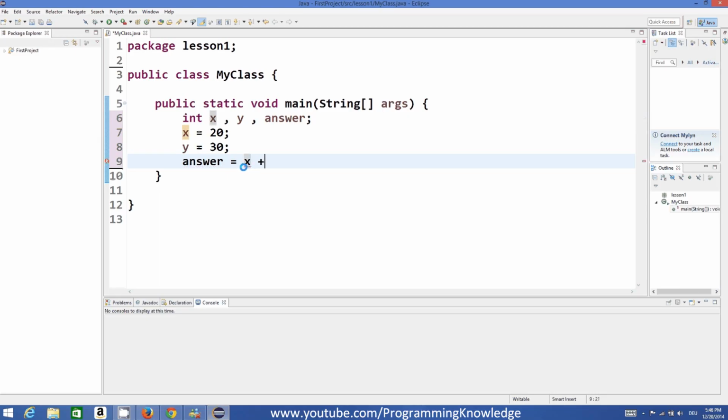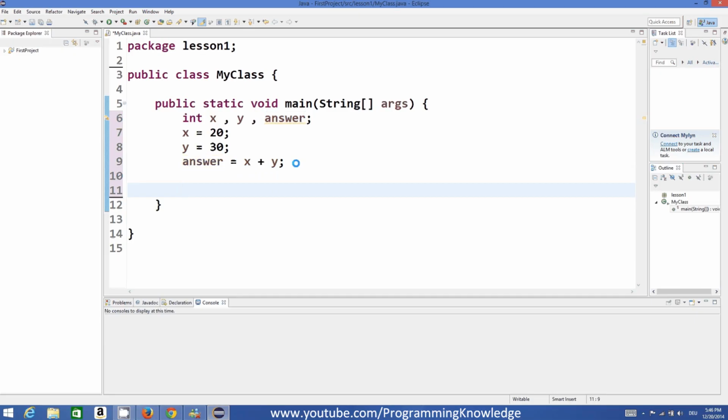So x plus y, it's the same as we do in simple mathematics, right? This plus symbol adds two values. It's really simple, right? So now whenever we do x plus y and we assign this value to the answer variable, this will contain your answer of x plus y, right?